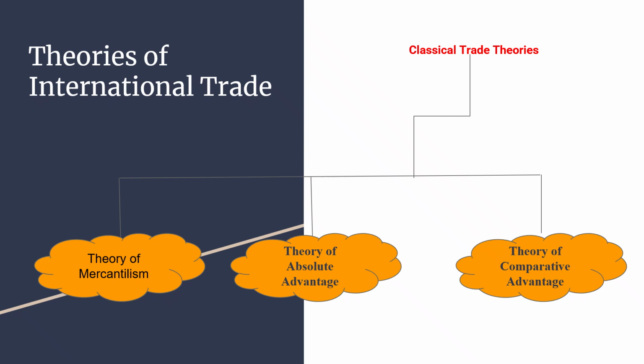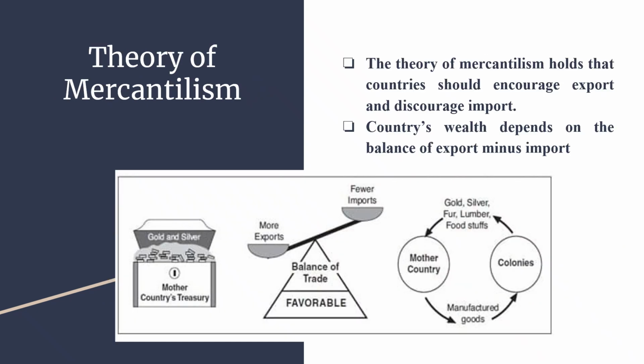So there are some 3 theories under classical trade theory: theory of mercantilism, theory of absolute advantage, and theory of comparative advantage. So first let us see what is theory of mercantilism. So this theory speaks like any country should encourage export and the particular country should discourage import. The meaning is there should be more export compared to the import,